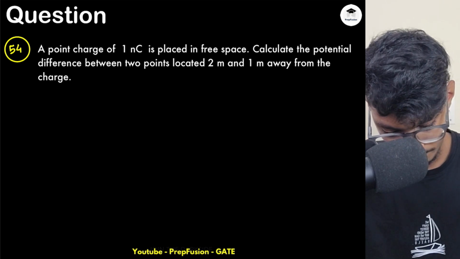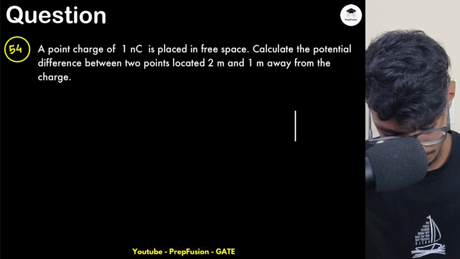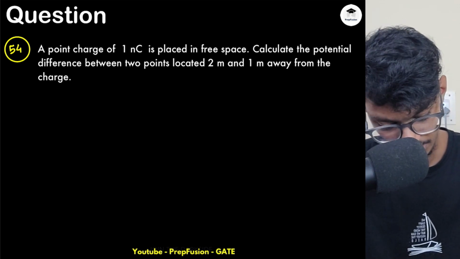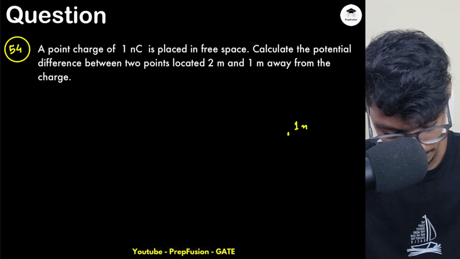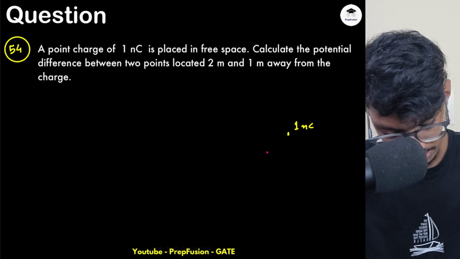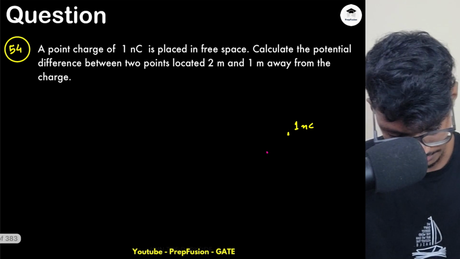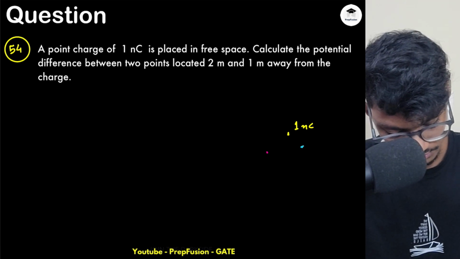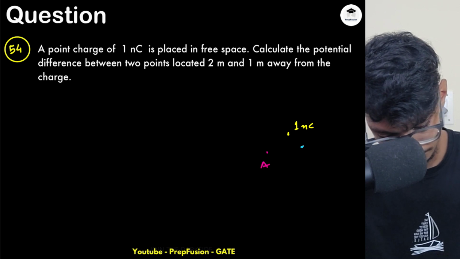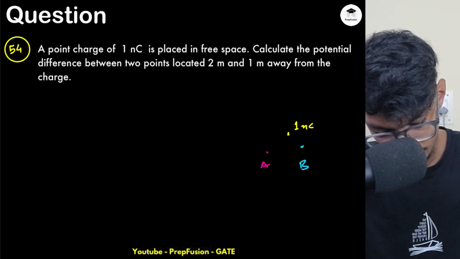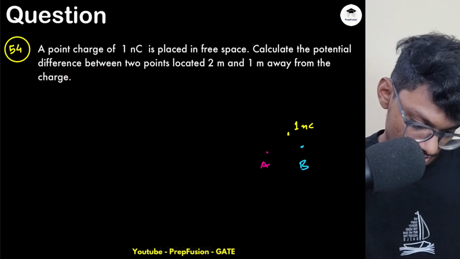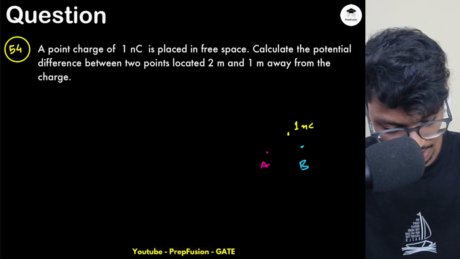A point charge of 1 nanocoulomb is placed somewhere, and 2 meters away from it a point is there, and 1 meter away from it another point is there. They can be anywhere, right? Let's say this is point A and this is point B. Calculate the potential difference between 2 points located at 2 meters and 1 meter. So this 1 nanocoulomb